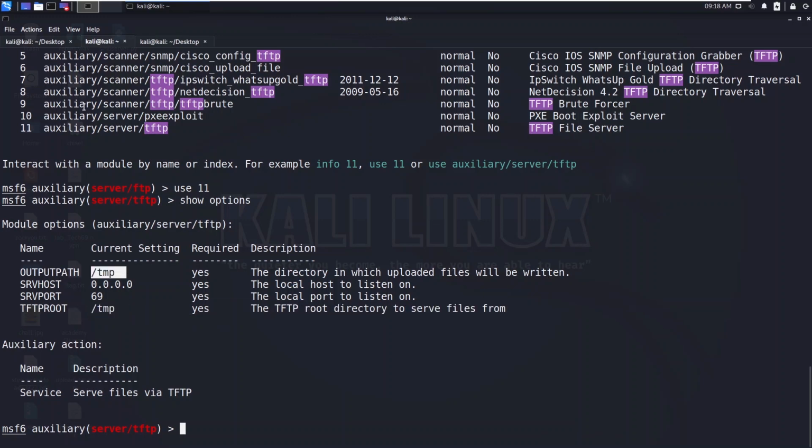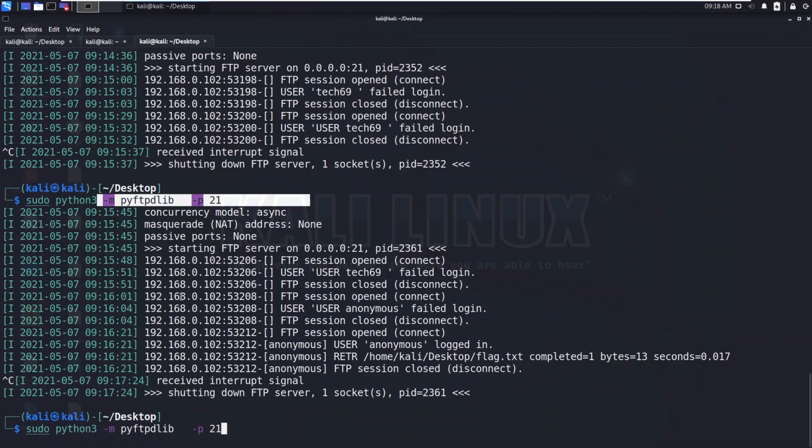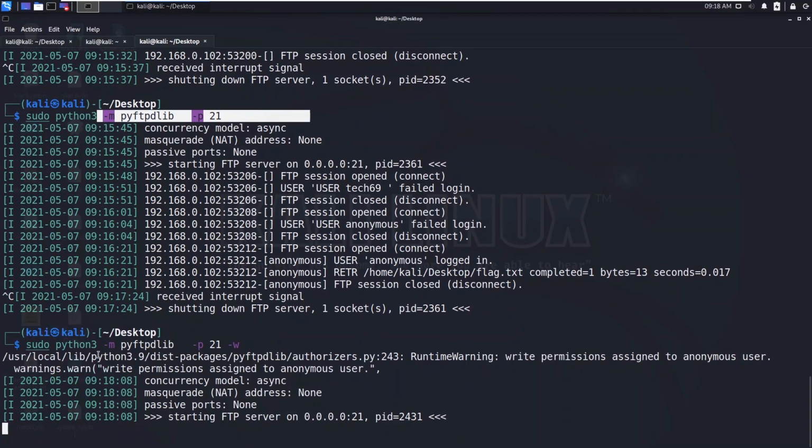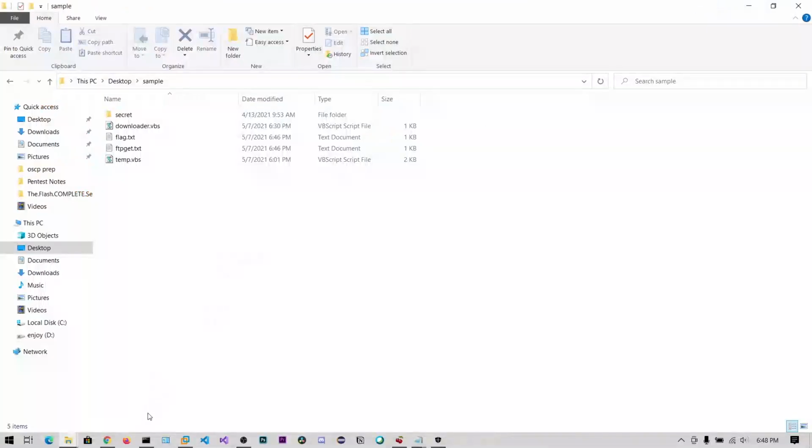So I did not show you how to upload the files. You can also specify the -w switch to make this desktop directory writable. So what I can do is upload the contents of this ftp get.txt.